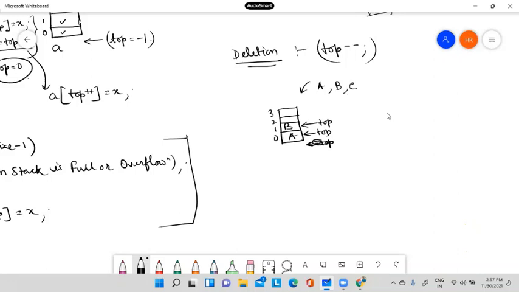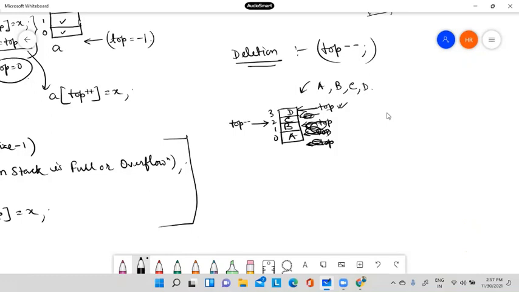Then I insert c, top will come into this position, c inserted. Then if I insert d, top will point to this position and d will be inserted. So top is always pointing to the last inserted element. Clear? So if I delete, I only point to the previous element, means top minus minus. That's all.